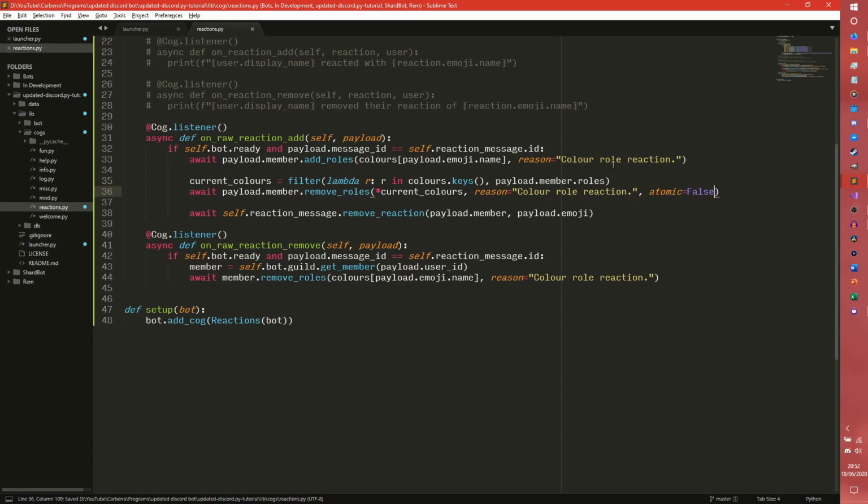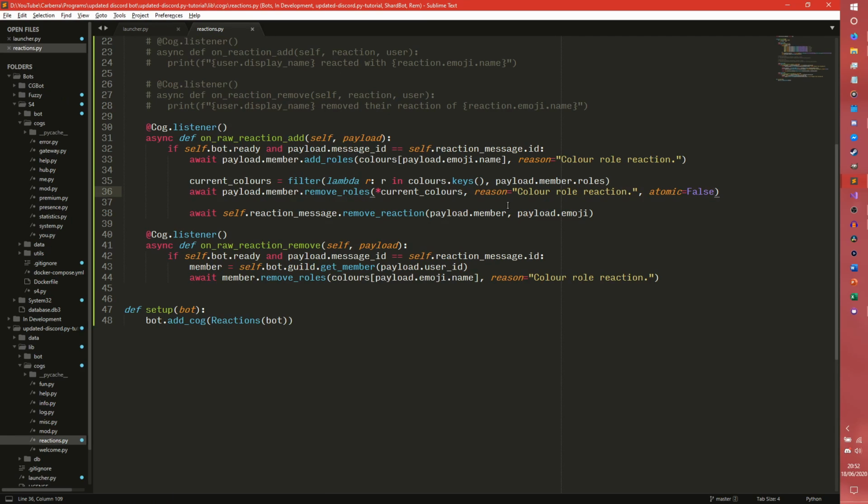I should probably check that. Give me a second. Okay, it's atomic equals false. I just wanted to check that because I didn't want to say it's either true or false. Please note, if you do use atomic equals false, it is faster, but it also has some weird properties about it. So you need to be very wary of the order you do. You would probably do the remove roles first and then the add roles after, if you were doing atomic equals false,